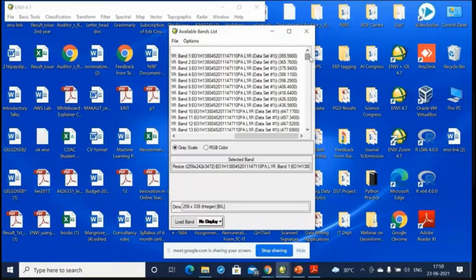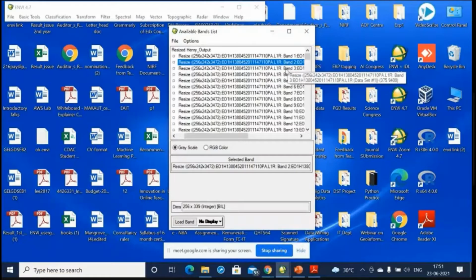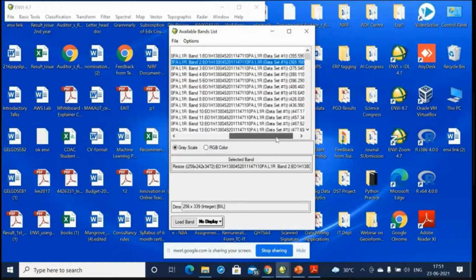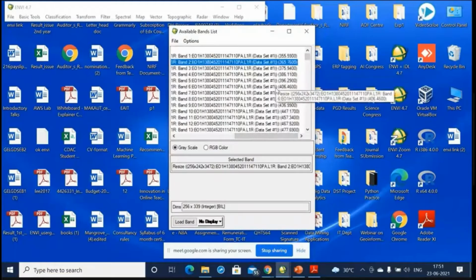That means it captures the image in an interval of 10 nanometers. So after every 10 nanometers, an image is captured. The first image is captured at 355, the second at 365, the third at 375, and so on. So at every 10 nanometer wavelength interval, the image is captured.